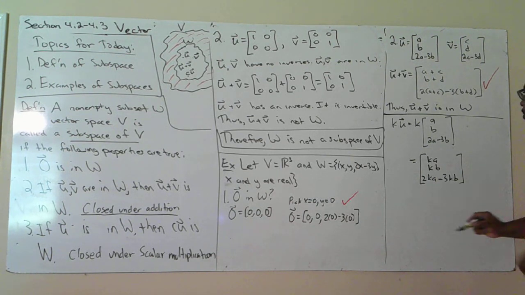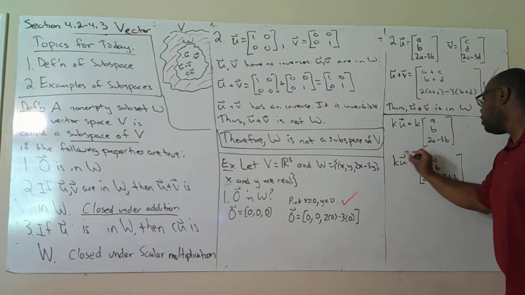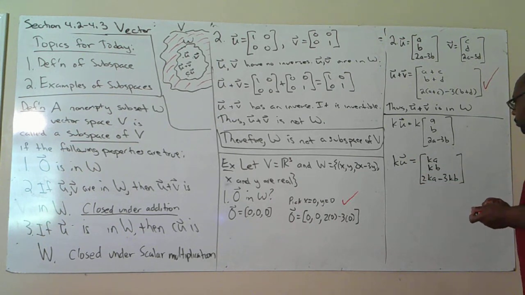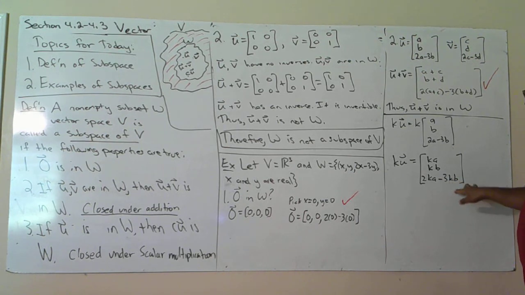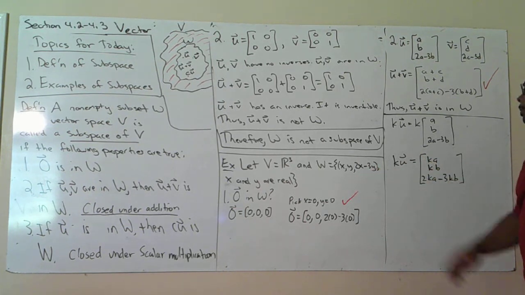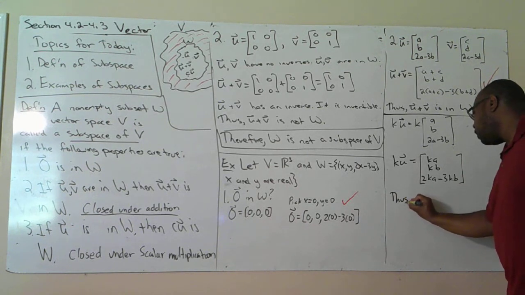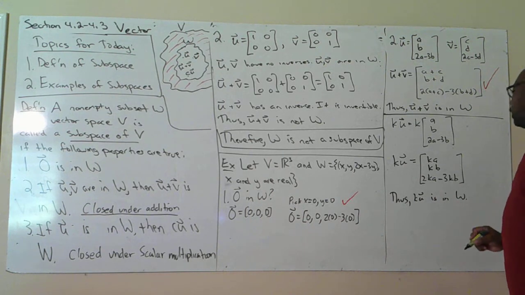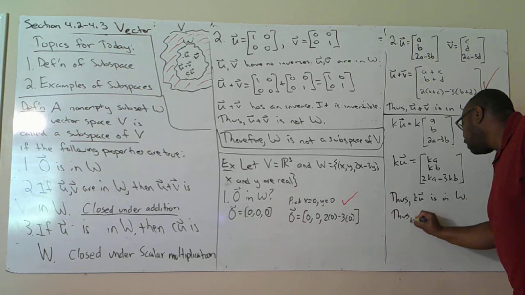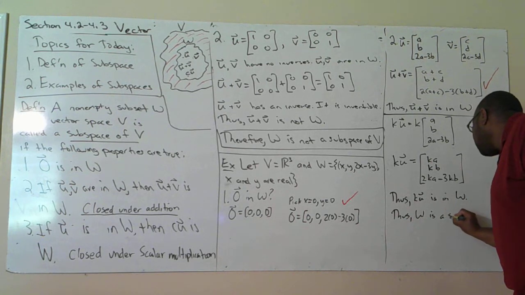Now, do you see it again? So this is K times U, or C times U. It doesn't matter what you want to call it. It's a scalar times my vector. So X is Ka, Y is Kb. So I have 2 times X minus 3 times Y, which is exactly what I want to see here. 2 times Ka minus 3 times Kb. Same form that I have over here for W. So that means that K times U is also in W. So thus, W is a subspace